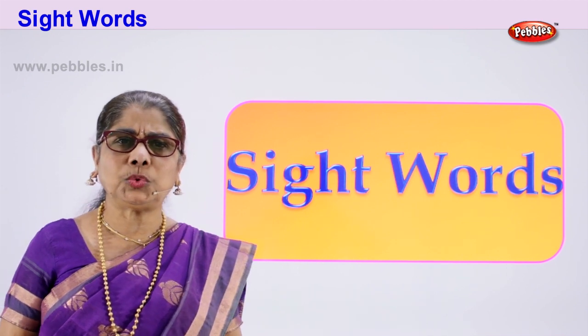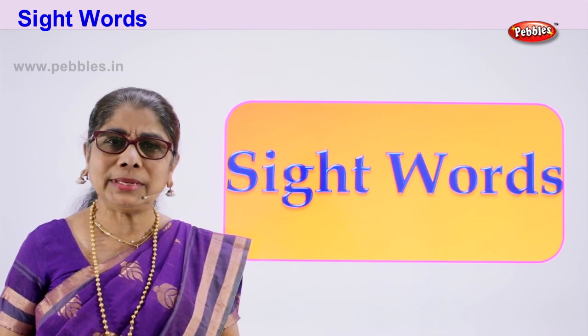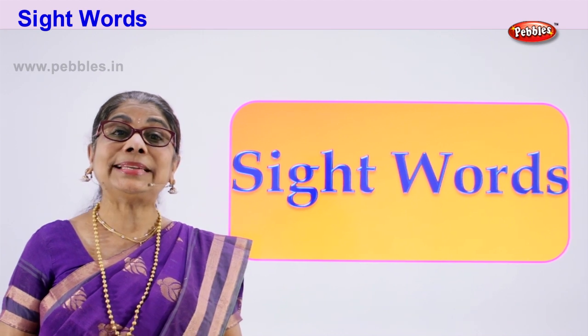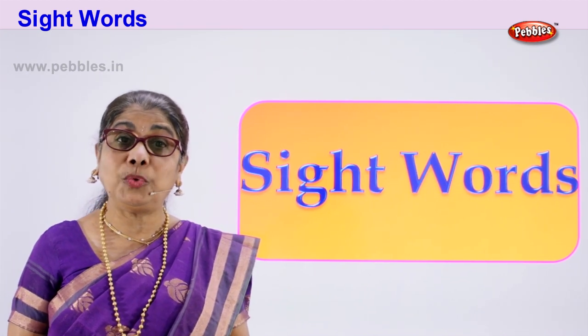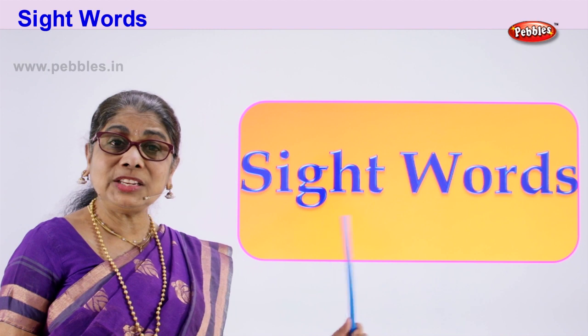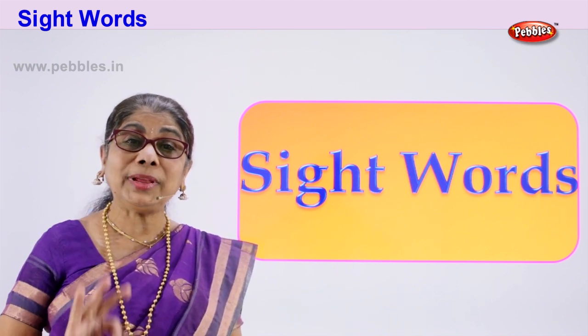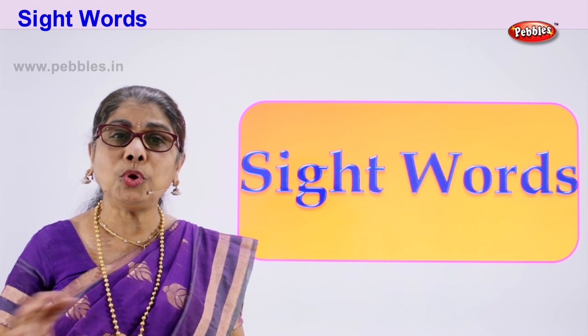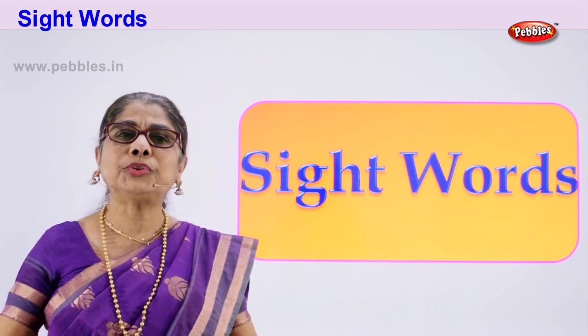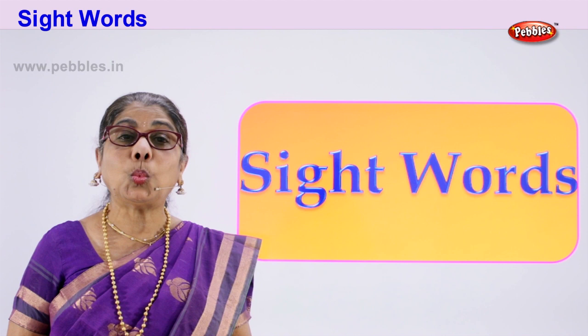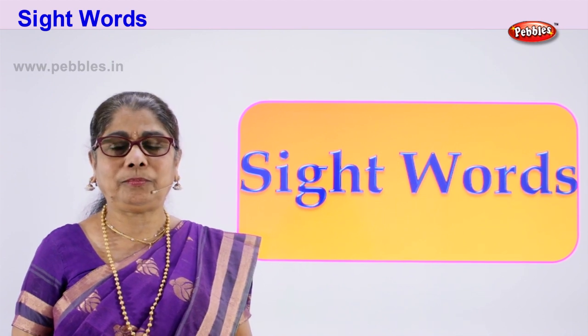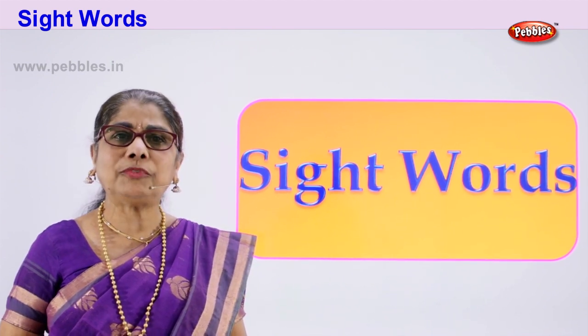What are sight words? How do they help us in our reading? Sight words are words, either 2 or 3 letter words. When you look at it, you should be able to read it without spelling. Look at the word, for example,